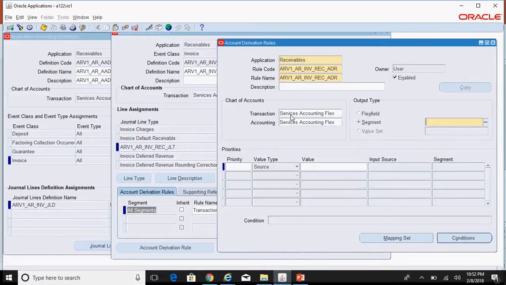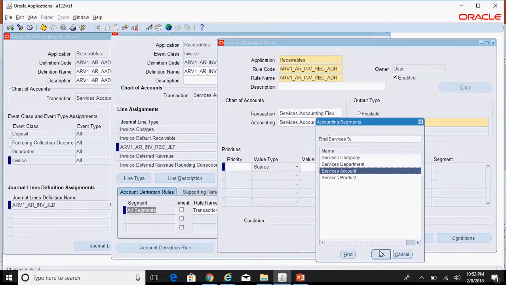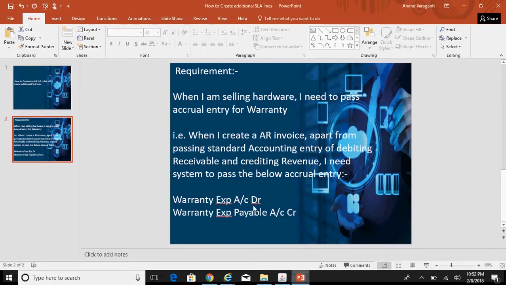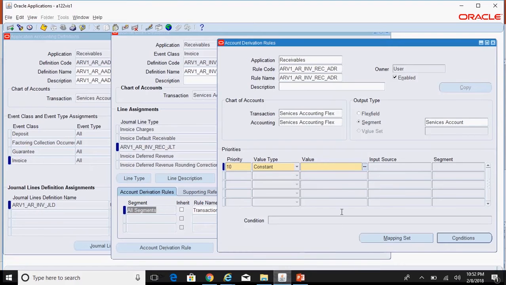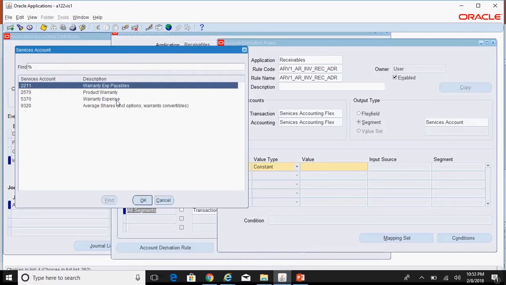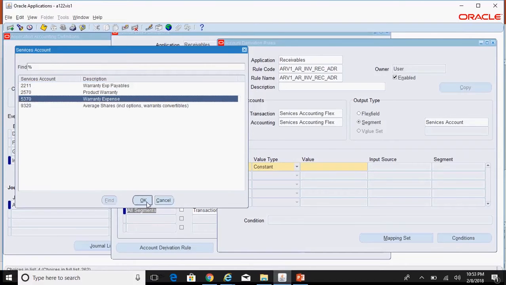Services accounting flex, and the segment is account. Value type constant, and specify the value. Warranty expense account is what we want the system to debit. So, warranty expense account.